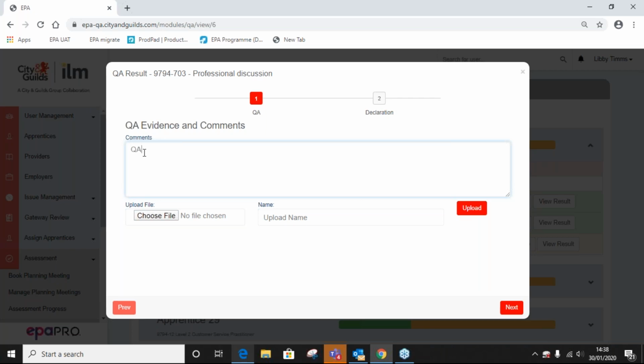So it's not a useful mechanism for a conversation with the IEPA to go back and forth about what needs to be done. So it can be used to log that quality assurance has taken place, and I will pick up with the associate managers about how we use that, but it isn't a tool that we can use to log a conversation between the IEPA and the LIEPA about what needs to change. I just wanted to show you that. Does that answer your question, Louise? If it doesn't, please raise your hand.